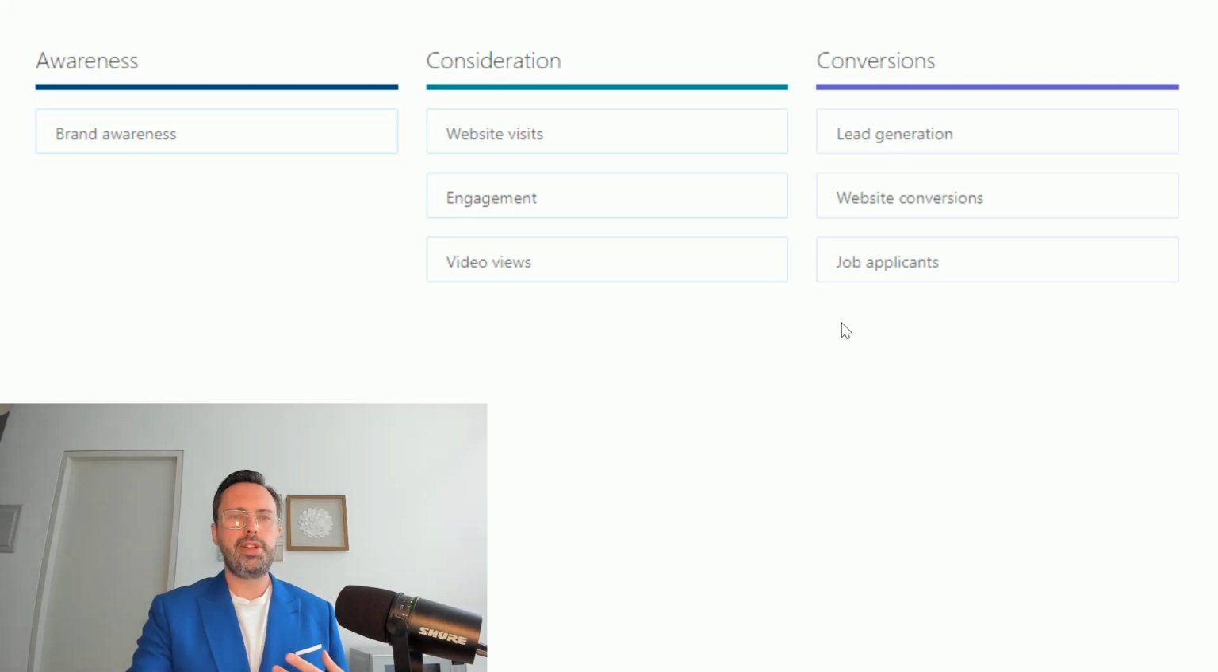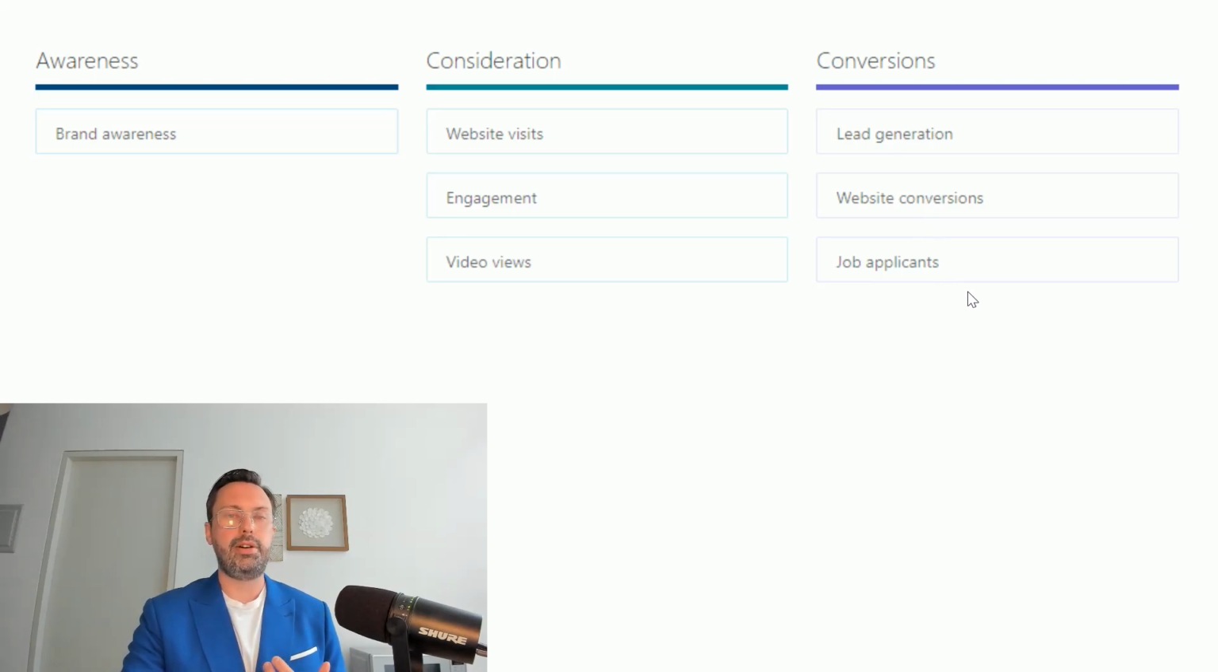So here what we're looking at is the funnel, if you will, as depicted by the LinkedIn Campaign Manager. So at the top of the funnel, we have awareness, and the objective is brand awareness. That's the only option you have here. The middle of the funnel, they have consideration, which is getting people to your website, getting engagement on posts and things like that, getting video views. And then at the bottom of the funnel, we have conversions, which is lead generation, website conversions,